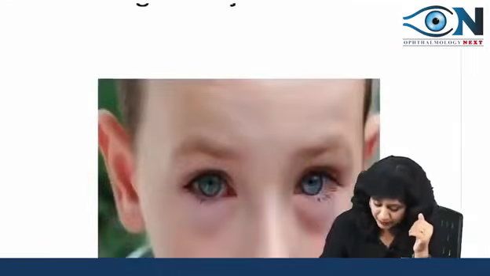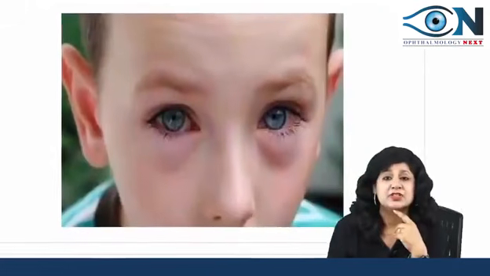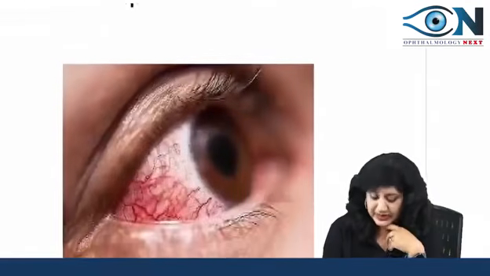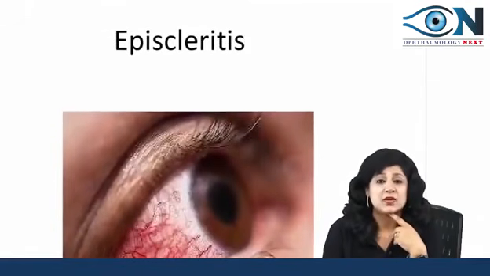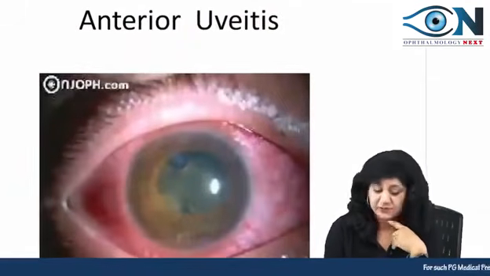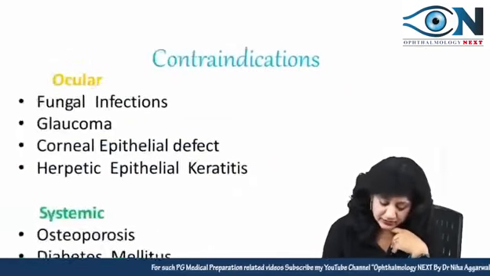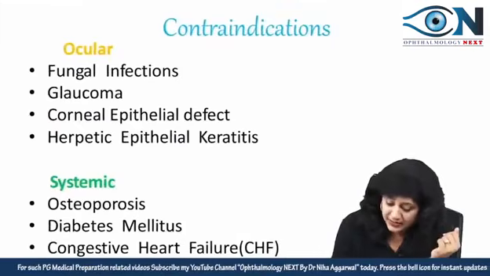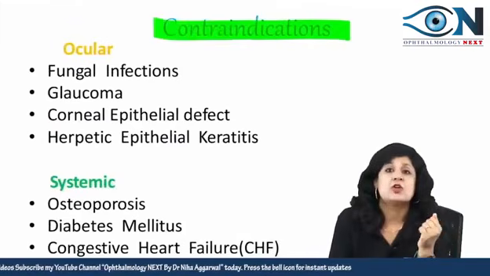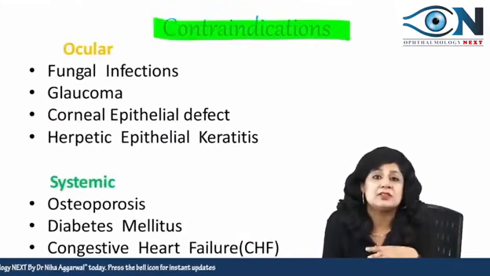So we have got so many things. It could be a case of allergic conjunctivitis where you are giving the steroids. It could be a case of episcleritis where you are giving the steroids. Then we have the anterior uveitis where you are giving the steroids. Yes, we have a lot of contraindications, and as I say, contraindications are always more important in comparison to the indications